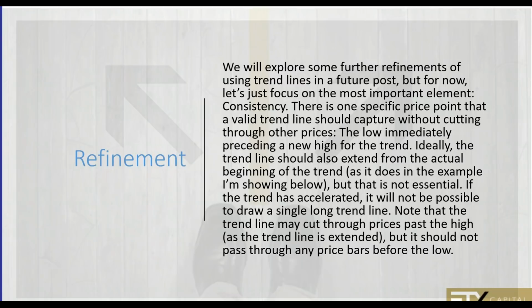There is one specific price point that a valid trend line should capture without cutting through other prices. The low immediately preceding a new high of the trend. Ideally, the trend line should also extend from the actual beginning of the trend. But that is not essential, like I showed you on the pound. But if the trend has accelerated, it will not be possible to draw a single long-term trend line. So note that the trend line may cut through prices past the high, but should not pass through any price